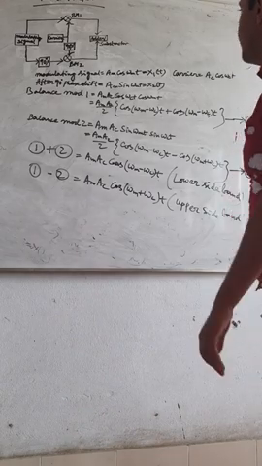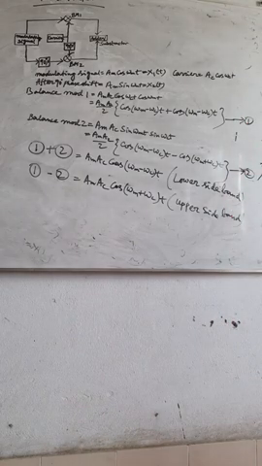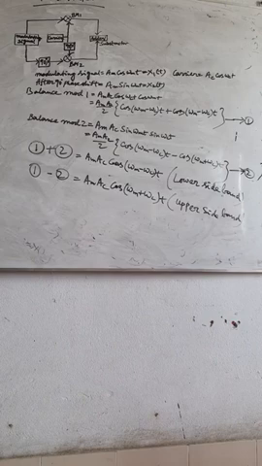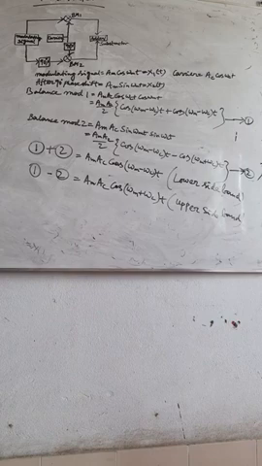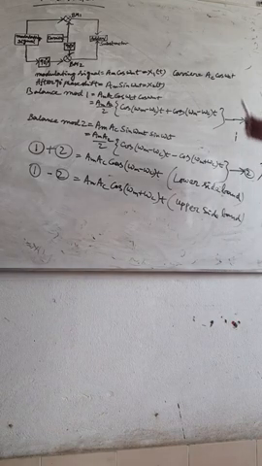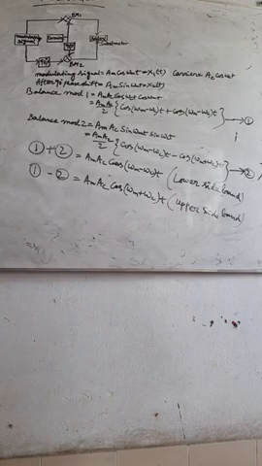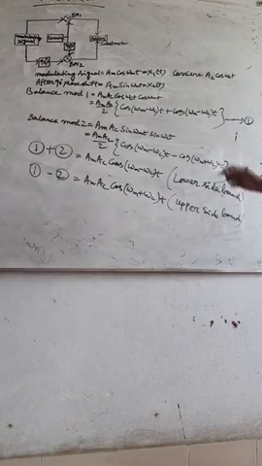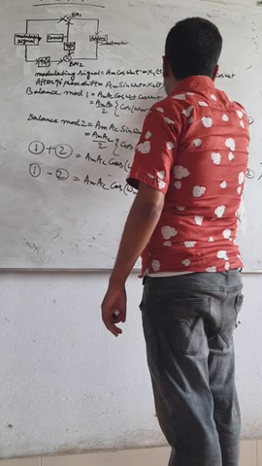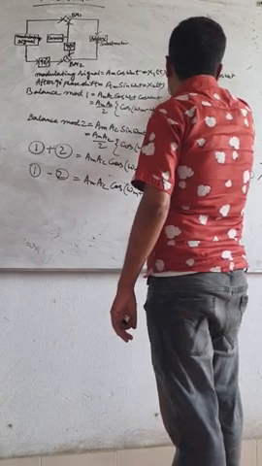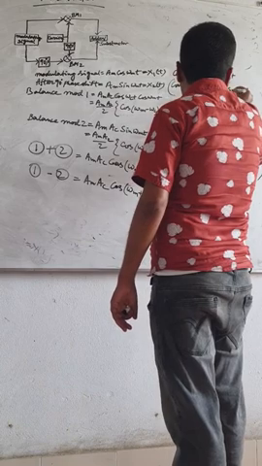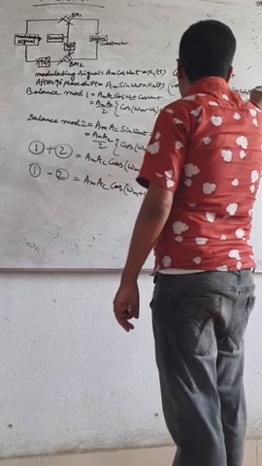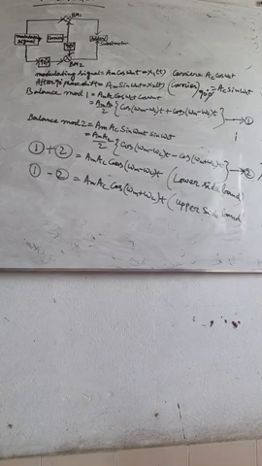Now the modulating signal is AM cos omega n t. It is x1. After a 90-degree phase shift, the modulating signal will become AM sin omega n t. This is x2. Now the carrier signal is AC cos omega ct. After a 90-degree phase shift, it will become AC sin omega ct. Now the work is very simple.